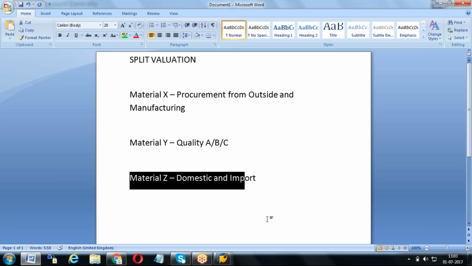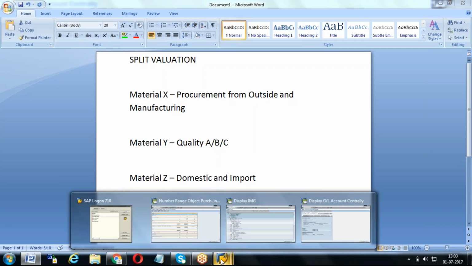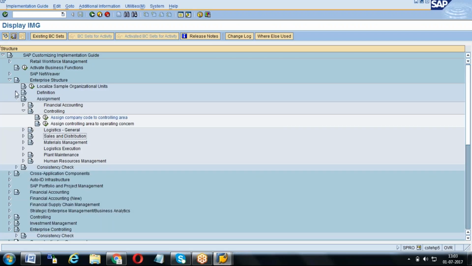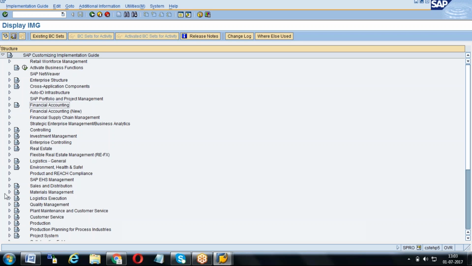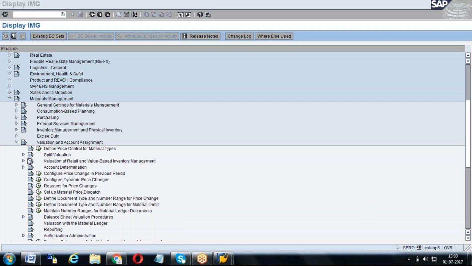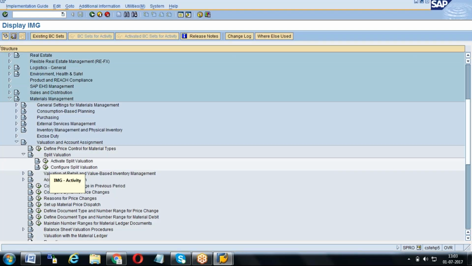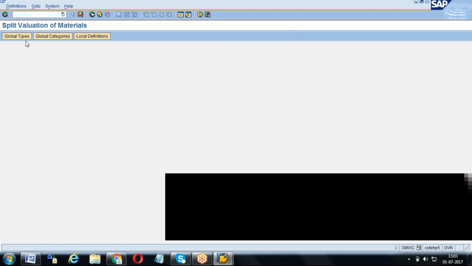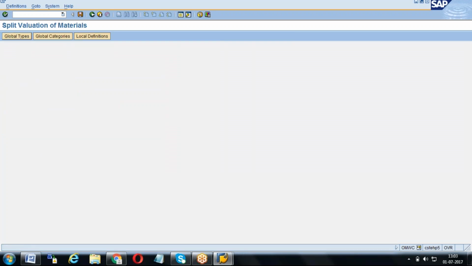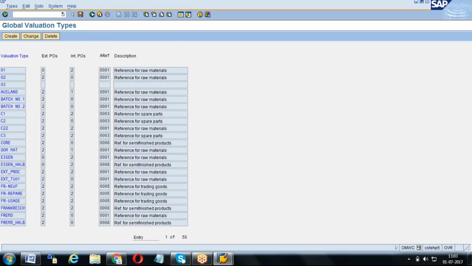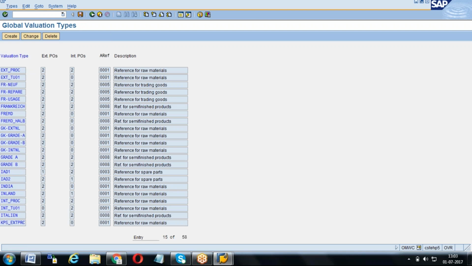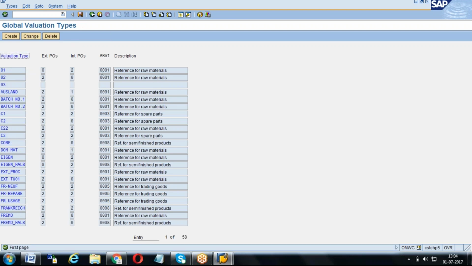We can activate the split valuation, and it is available under material management, valuation and account assignment. Here, split valuation. Even when you're configuring split valuation, you will have global types and categories. In types we can create different kinds of things. See, the account category reference is there, right?